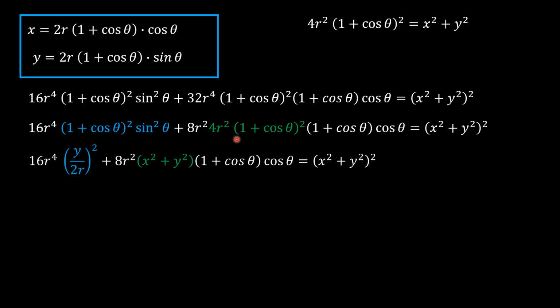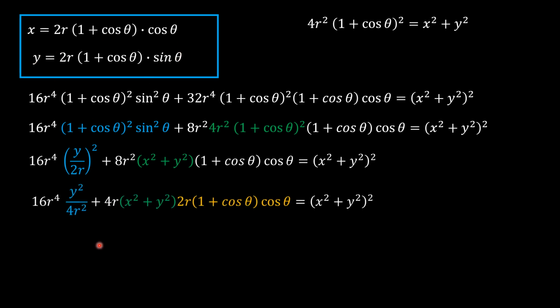I beg your pardon. So the green part here is similar to what we see here. So we've plugged back x squared plus y squared. And then in place of the blue, we have y over 2r all squared from this part here. So when you continue,